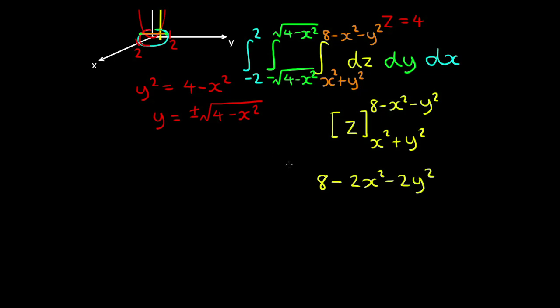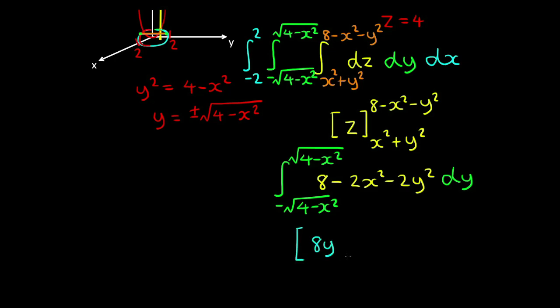And then we next integrate with respect to y from minus root 4 minus x squared to root 4 minus x squared. So what we get is 8y minus 2x squared y minus 2y cubed on 3,